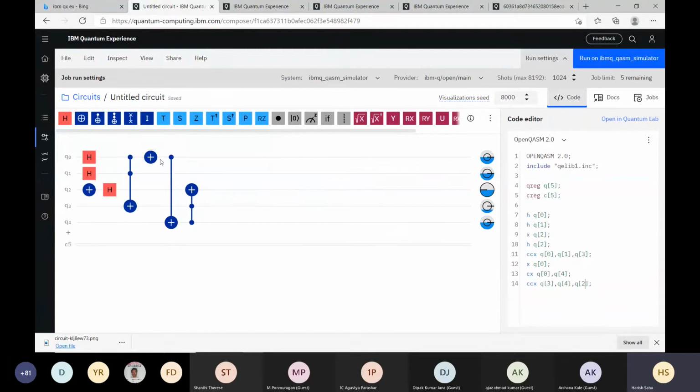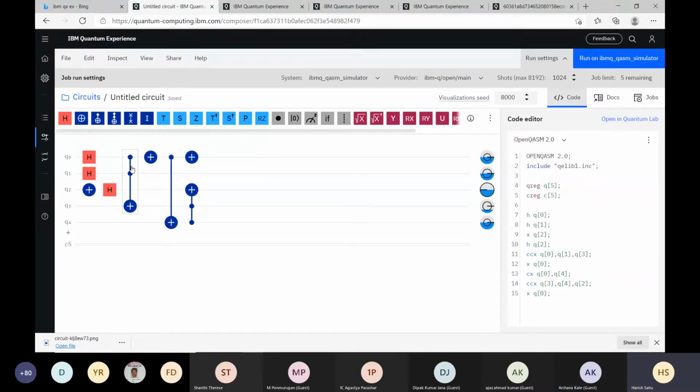So how can we restore this X1 bar to X1? Can anyone tell? Another NOT gate on which qubit? On Q0. Perfect. Done. So now it has become X1. This is already X2, not changed, it is perfectly fine. Y XOR FX. But these Q3 and Q4 are changed. So how can we revert them?